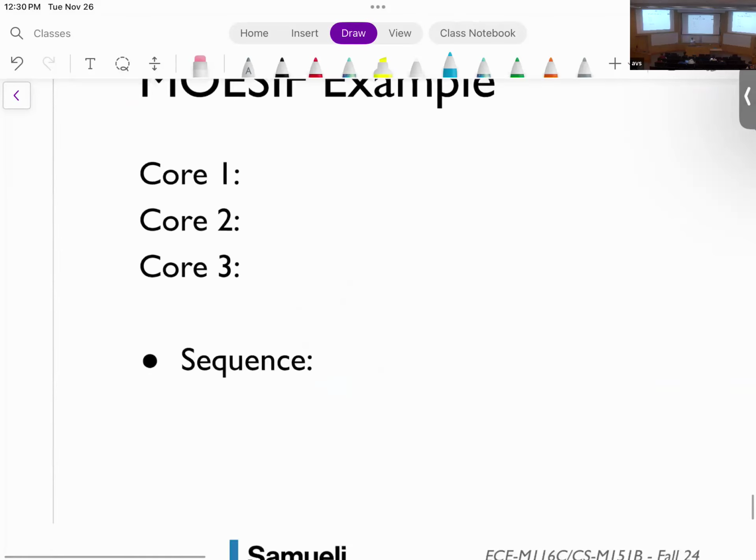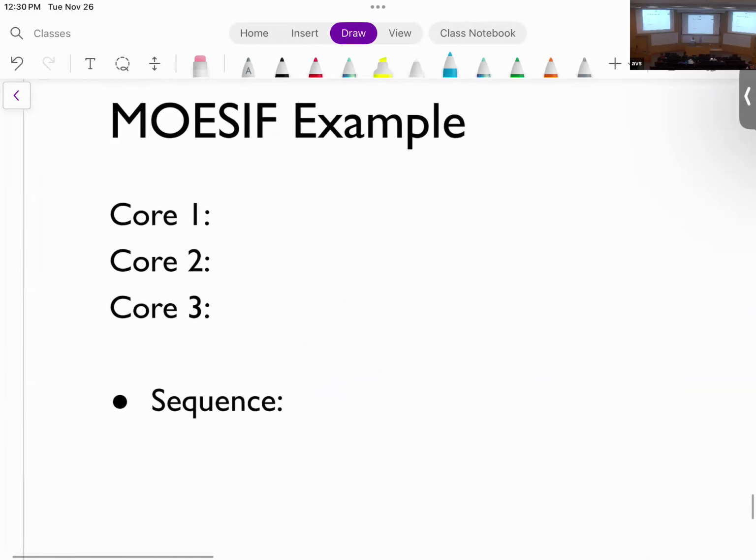So let's actually go through an example with all of these together. Let's say originally everyone is in I, okay? So this is for one address. Remember, for every block in your cache, you're going to have a coherence state. So when I show you core number 1, core number 2, core number 3, there are thousands of these I's and S's and F's and so on. These are per block. I'm just showing you one block. So I'm assuming that all these writes are to the same address, but just keep in mind that there could be multiple, all right?